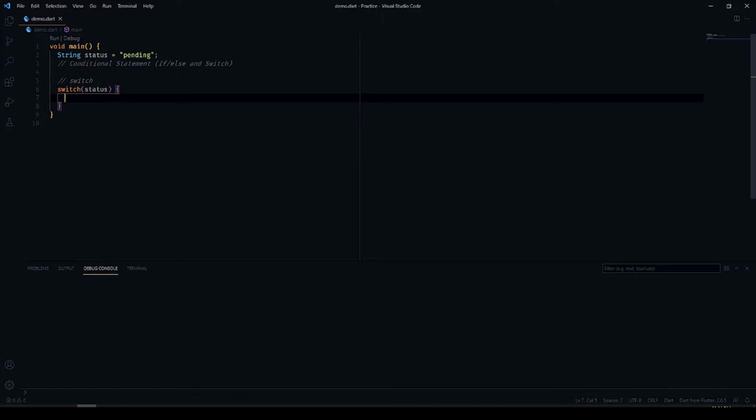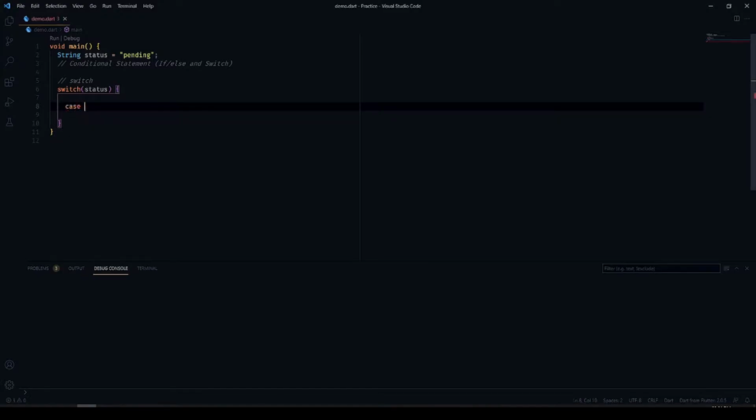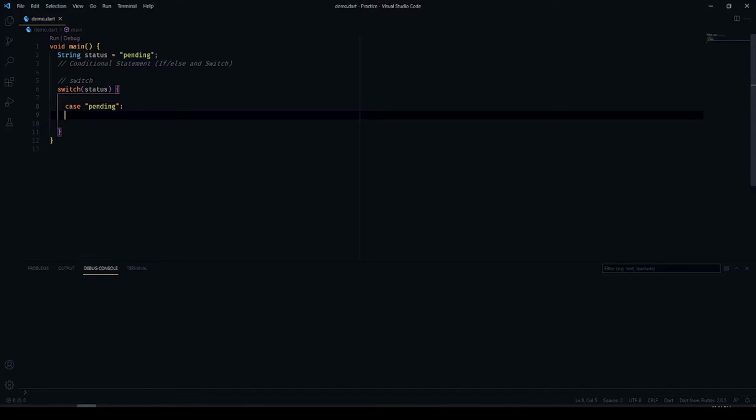And I'm going to open the braces here. So this is the syntax for the switch statement. You have to call the switch keyword, and you have to pass the value that you want to check those conditions. I'm passing the status variable here. Inside this we are going to add cases for each condition. Case is a keyword. For example, just entering case pending, colon,